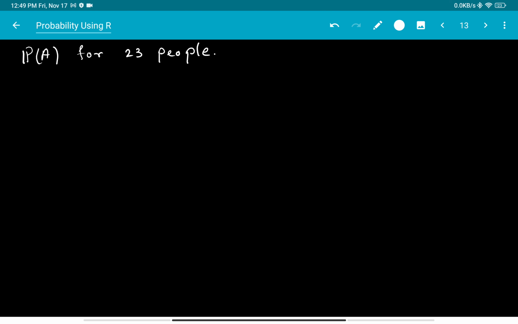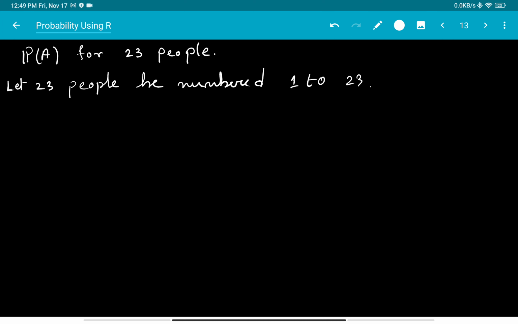Okay, so let the 23 people be numbered 1 to 23. The event that all 23 people have different birthdays is the same as the event